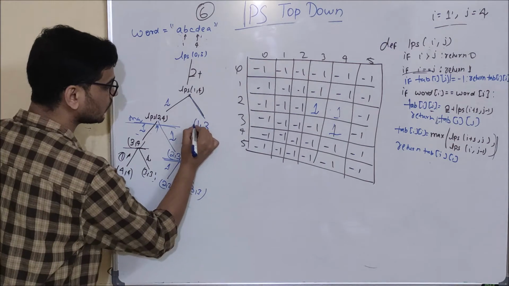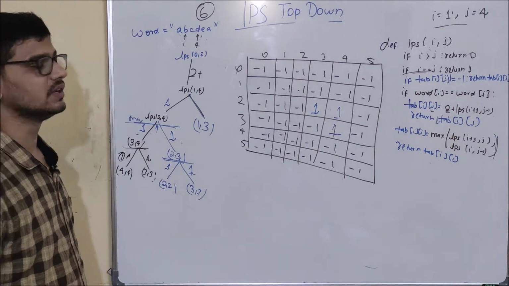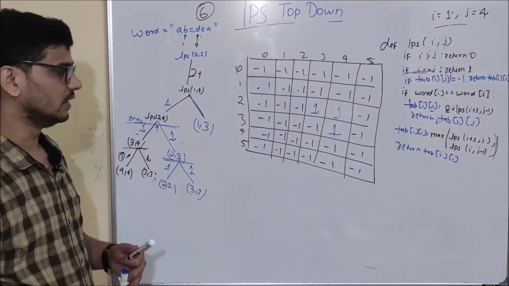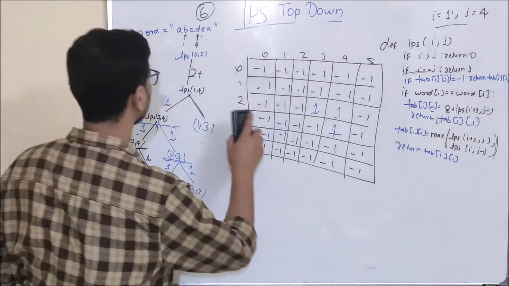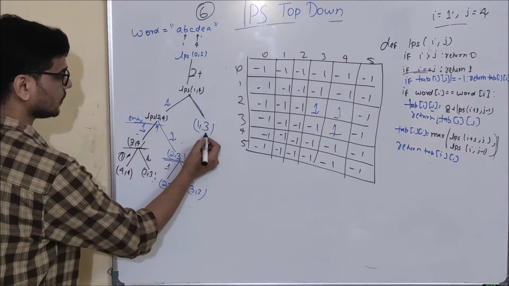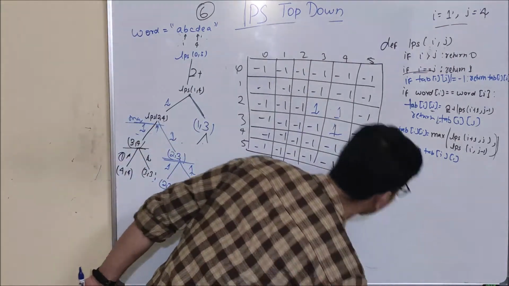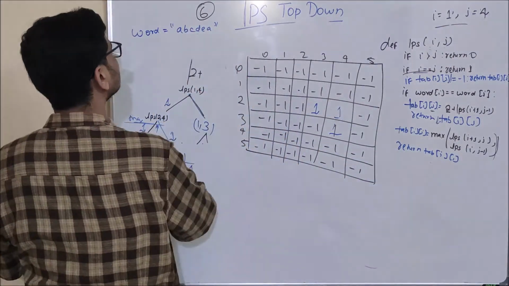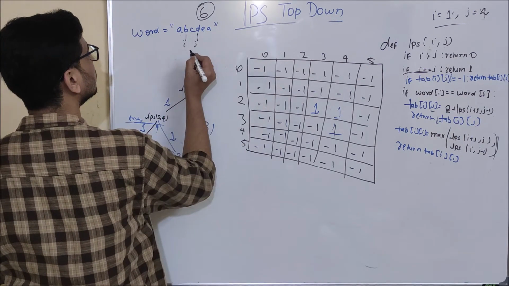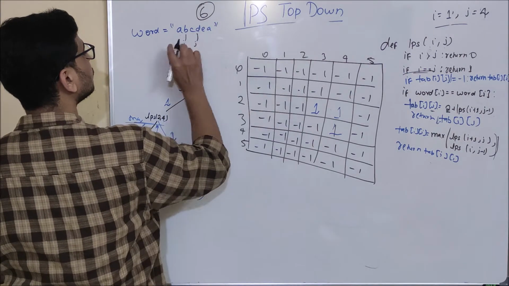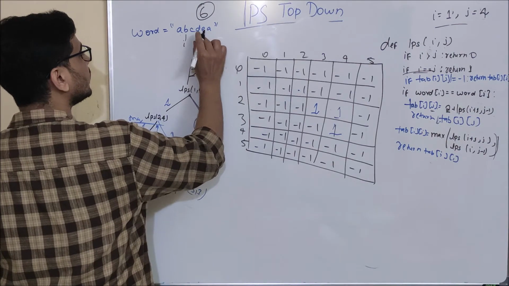So what will LPS of 1 comma 4 do now? It will call LPS of 1 comma 3. Same thing will happen when we call LPS of 1 comma 3, and I have made the string like that only. Now when LPS of 1 comma 3 is called, where will be I and j? So 0, 1, 2, 3. I will be here and j will be here. When I is equal to 1 and j is equal to 4, our j will be pointing to A. I made a mistake there.